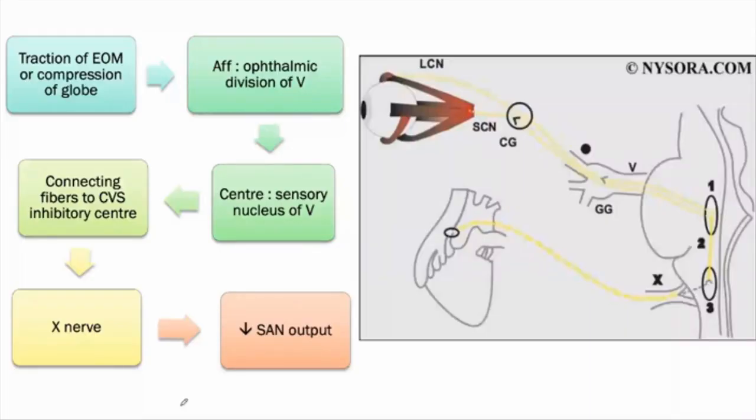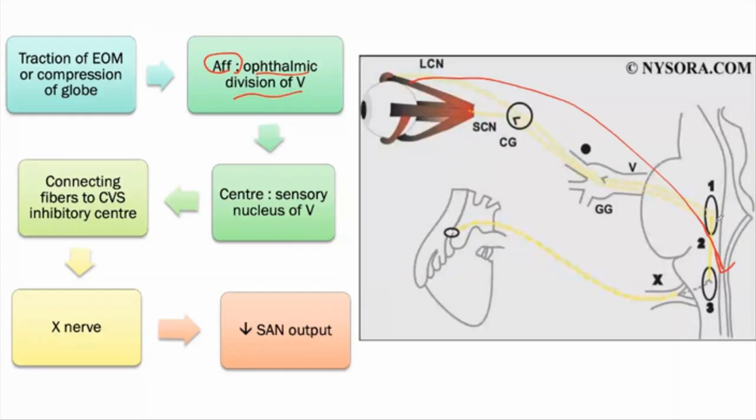So what is the pathway of this reflex? The stimulus will be traction of the extraocular muscle or compression over the globe, and these impulses will pass through the afferent pathway, which is a sensory division, the ophthalmic division of the trigeminal nerve, which will relay on the sensory nucleus of the trigeminal nerve. So the sensory nucleus will be the center of this pathway or this reflex. Then from the trigeminal